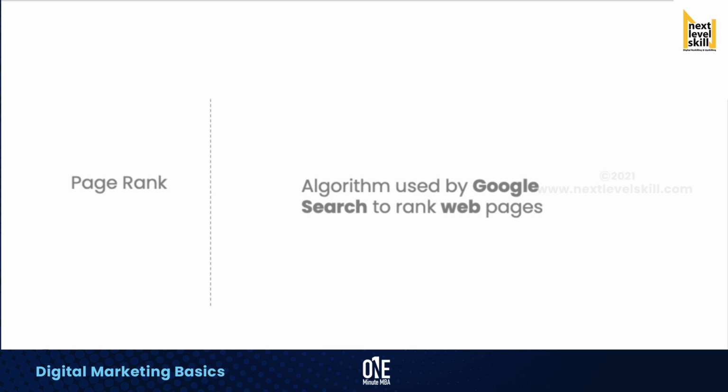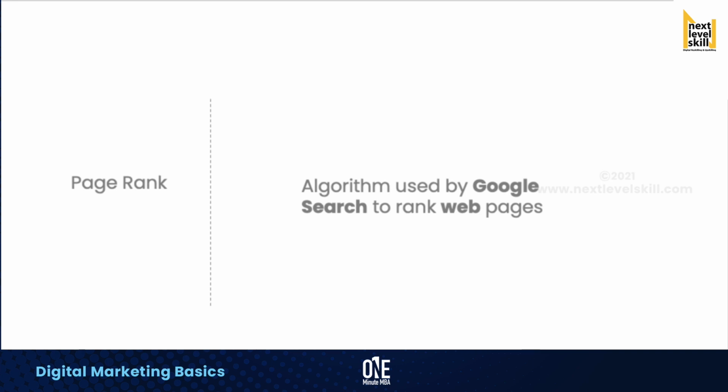A search engine also needs a way to rank matching results when a user performs a search. This is the job of a search engine algorithm. Each search engine has a unique algorithm for ranking web pages. But as Google is by far the most widely used search engine, at least in Europe and Asia, that is the one we are going to focus on throughout the remainder of this video.